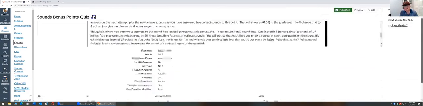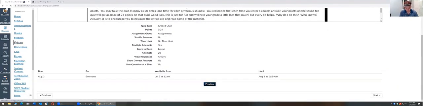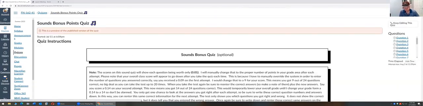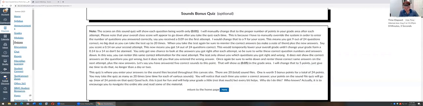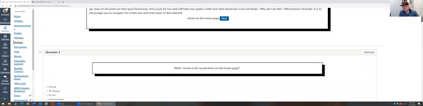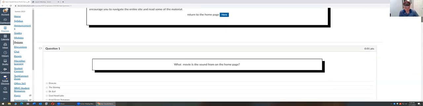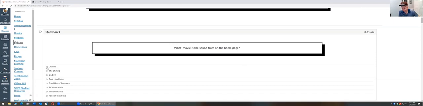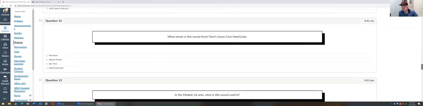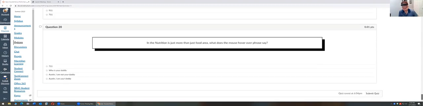Now, it's a way to bypass it. If I go to preview, yours, I don't know, you don't have a preview, but you have to take the test. Every one of these, and we've already talked about this before, I'm going to do it again. A few people will figure it out. I'm not even going to read the question. I'm not even going to read the answer. I'm just going to click the first one, and each one is the answer out of all 20 questions. I'm going to click the first one, and I'm going to click Submit Quiz,